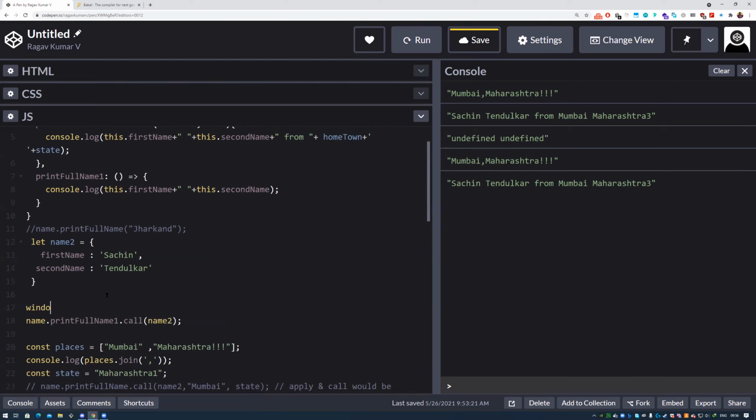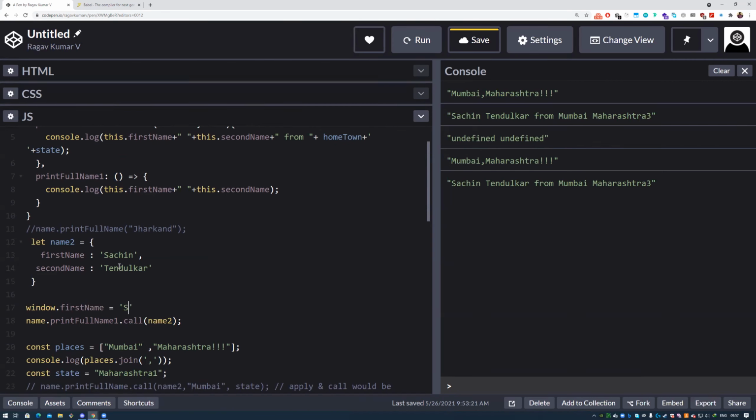You can't send it because an arrow function does not have its own this context. But if you have first name here, then since this in an arrow function points to the window object, you can give it here.